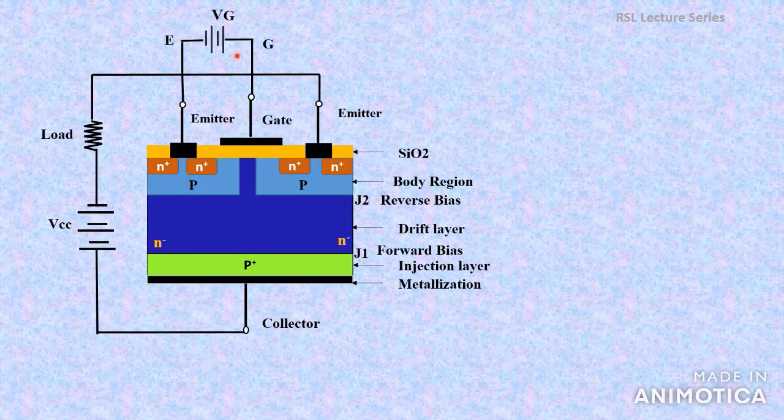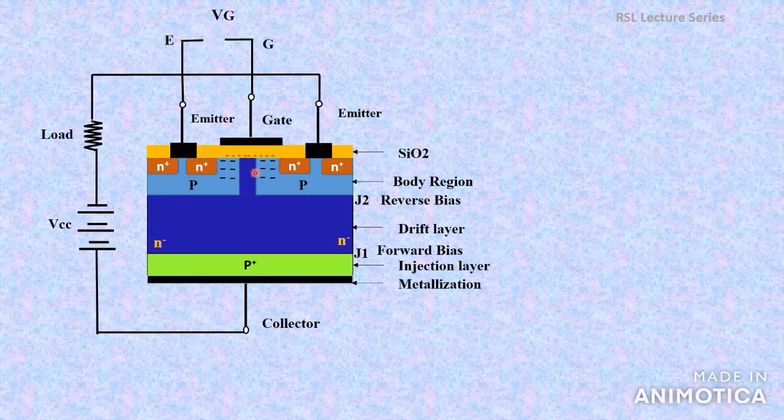If we apply a voltage source here, the electrons and the holes will get aligned as shown in the figure. That is, the electrons are aligned below the gate region, and below the electrons these positively charged holes are aligned. If we keep on increasing this gate voltage, at one particular voltage called the threshold value, the electrons will be deposited below the silicon dioxide layer as a channel, as in the case of a MOSFET.